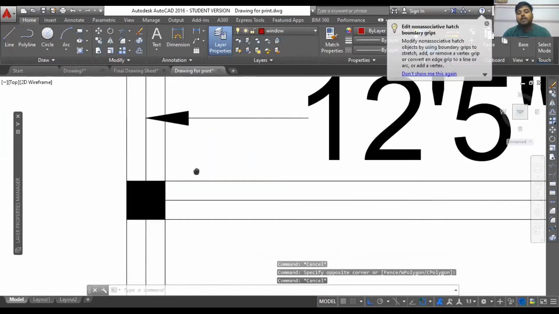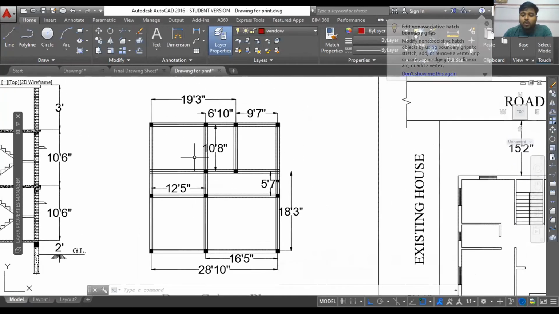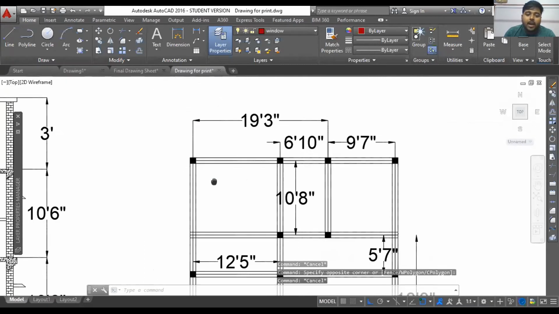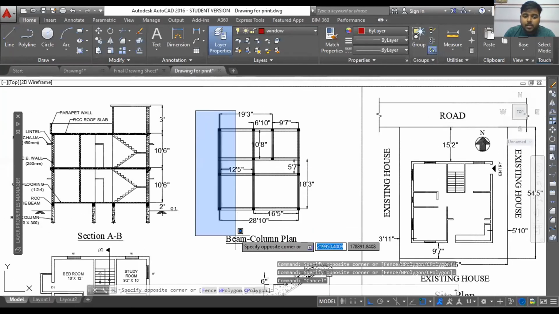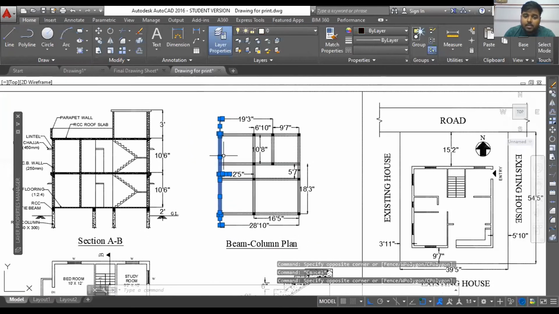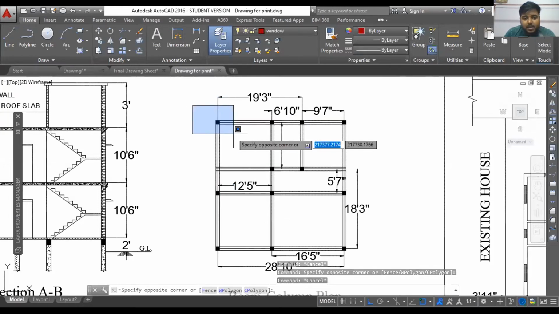So what is the use of that? Suppose I want to select all the columns, as I was saying earlier. I'll just select like this. Now why have I done this? I could have also done it this other way, but in that case my beams will also be selected. So I'm just selecting a certain portion within which the column exists 100%.